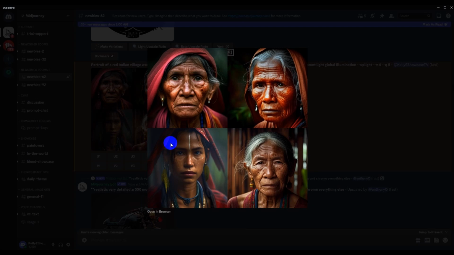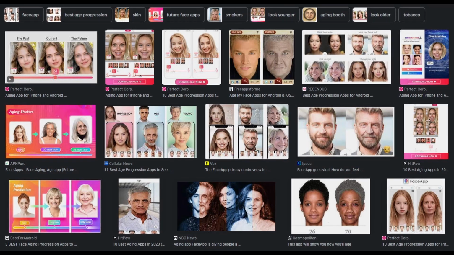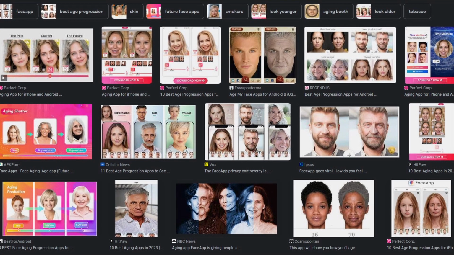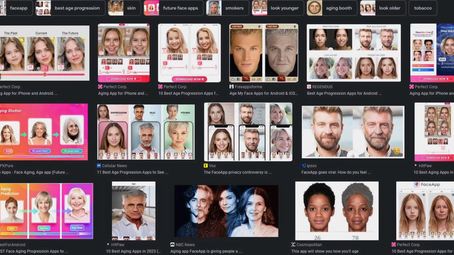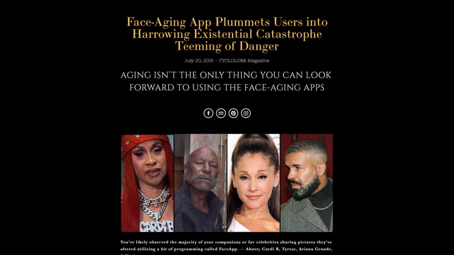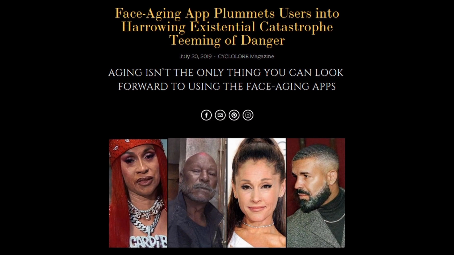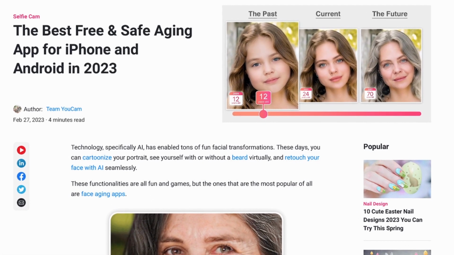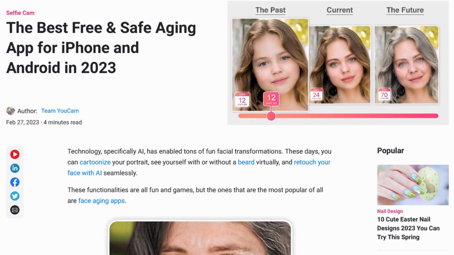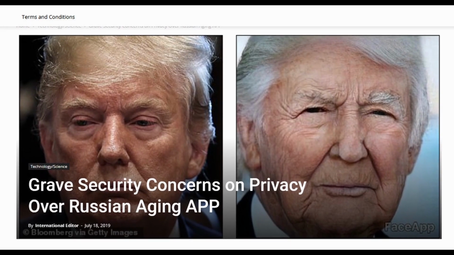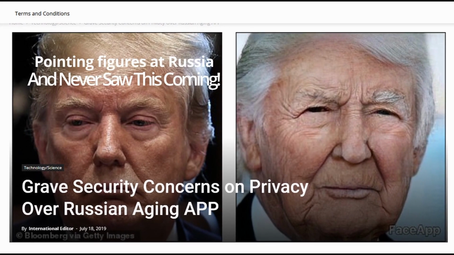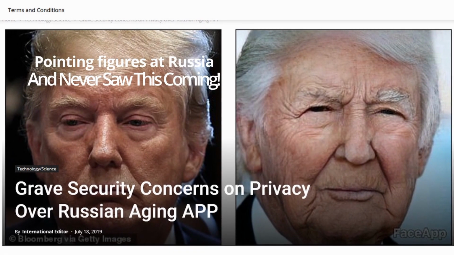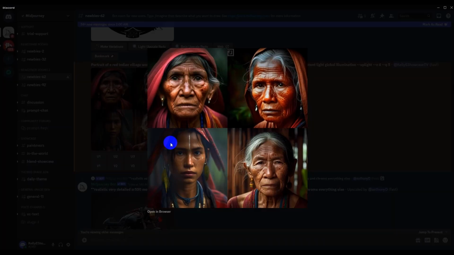You have apps that were created that would say, generate my face when I'm aged. Do you see that? All that data has now been collected by different companies, and they have managed to create AIs that are able to understand what humans want or how a picture should look.